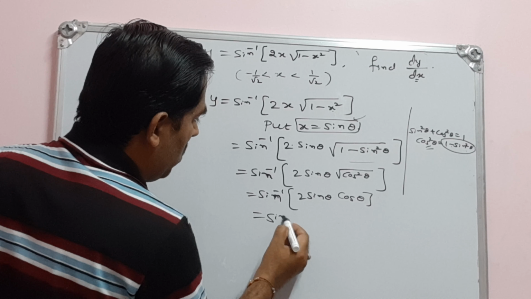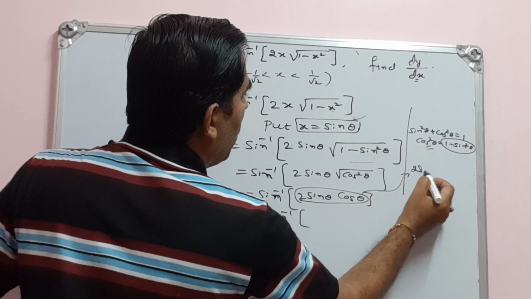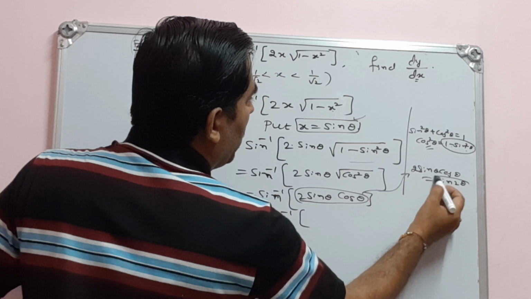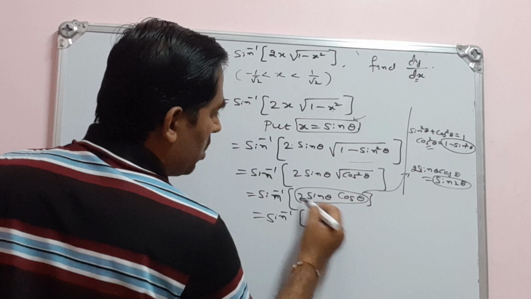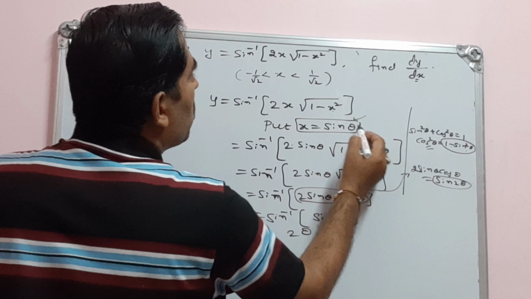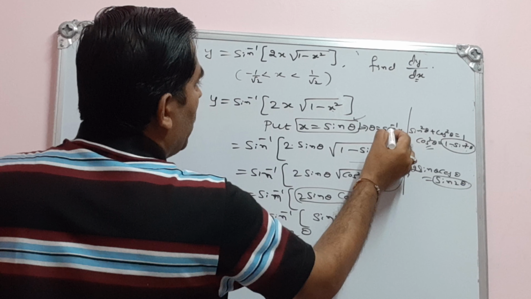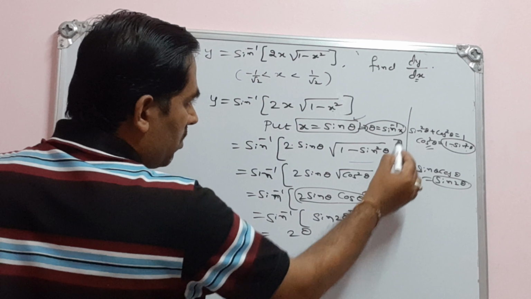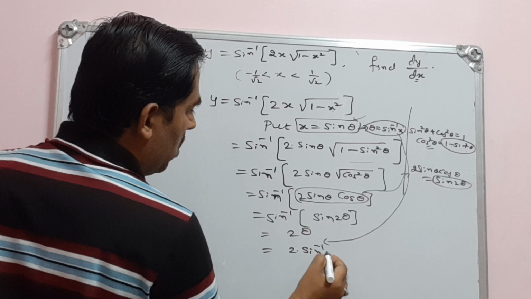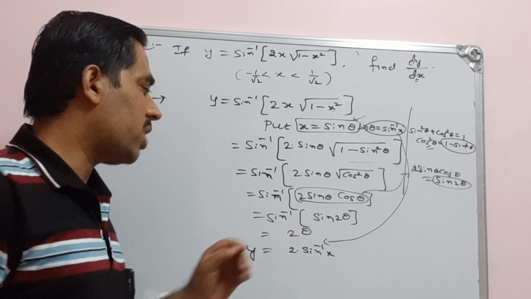Then that is sin inverse of 2 sin theta cos theta, which is also a standard formula. 2 sin theta cos theta can be written by the multiple angle formula as sin 2 theta. So I can replace this whole thing with sin 2 theta. Sin inverse of sin 2 theta gives 2 theta. So what is theta here? If I solve for theta, we get theta is sin inverse x. So that theta comes here, 2 into sin inverse x. On the left hand side we have y, so y is equal to 2 sin inverse x.